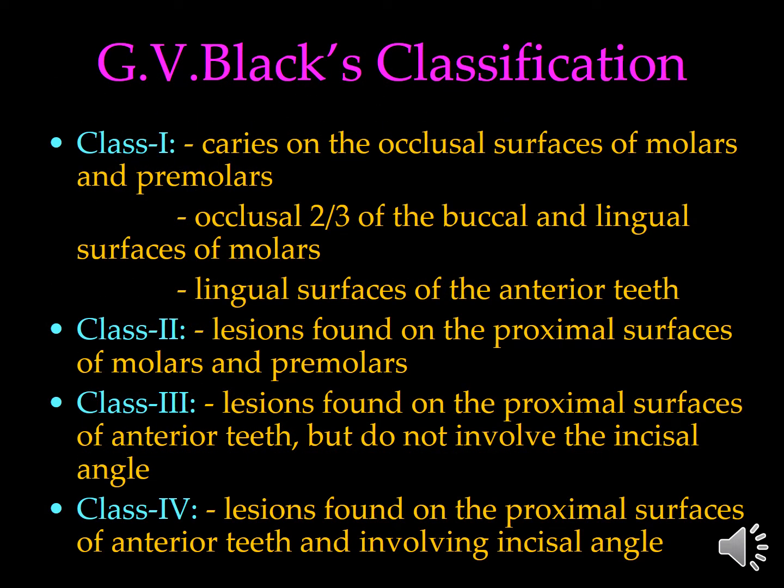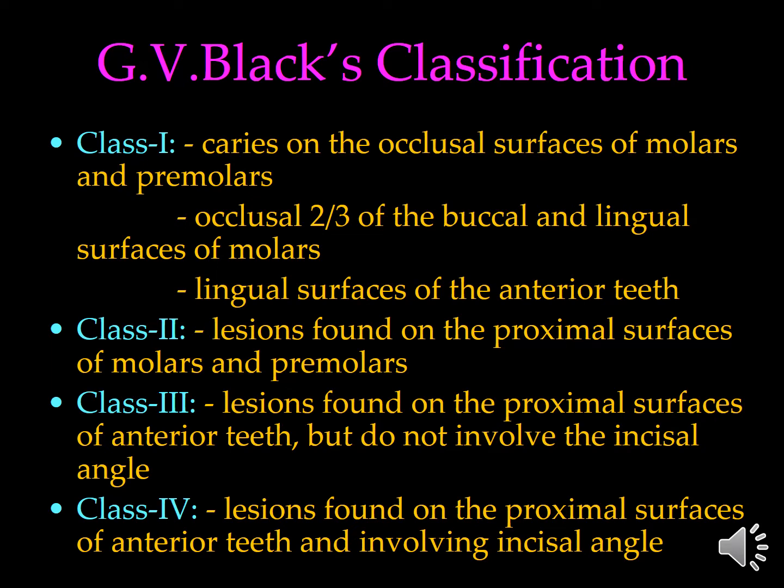Coming to the G.V. Black's classification, Class 1 is caries on the occlusal surface of pits and fissures of the molars, the occlusal two-thirds on the buccal and lingual surfaces of the molars, and the lingual surface of the anterior teeth. Class 2 is lesions found on the proximal surface of the molars and the premolars. Class 3 is lesions found on the proximal surface of the anterior teeth which do not involve